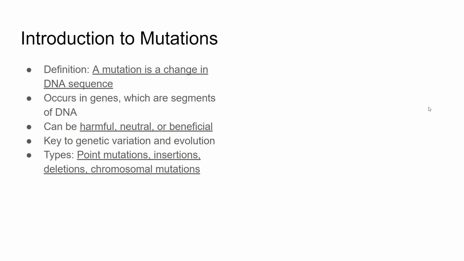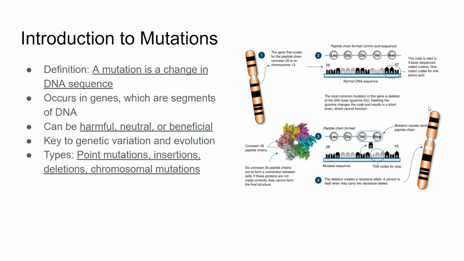So a mutation is a change in DNA sequence and occurs in genes, which are segments of DNA. Mutations can be harmful, beneficial, or neutral. The key to genetic variation and evolution ties into mutations, and different types of mutations are point mutations, insertions, deletions, and chromosomal mutations. So here I have an example of a mutation that has happened with this particular peptide